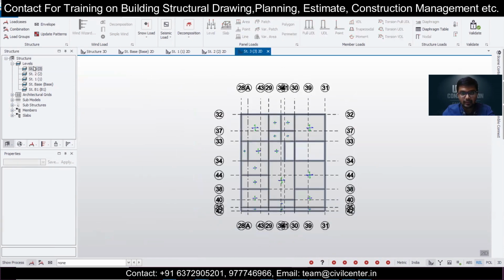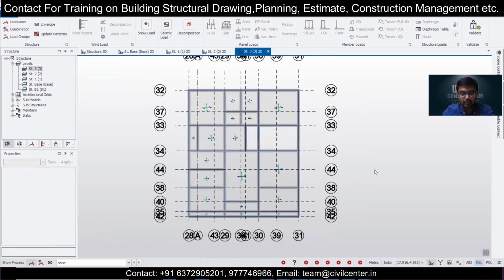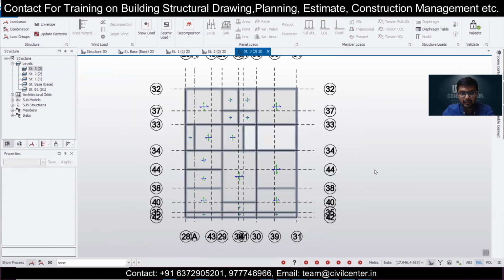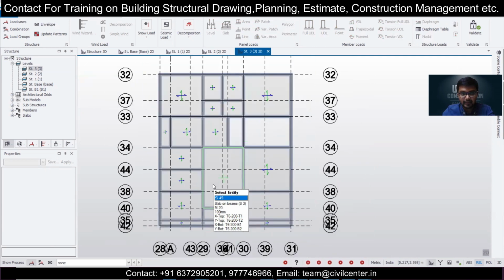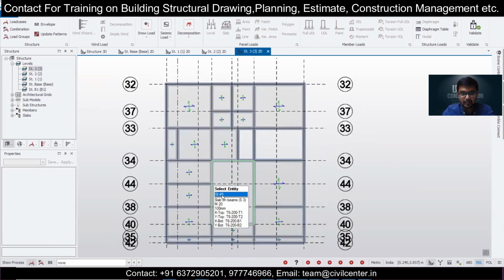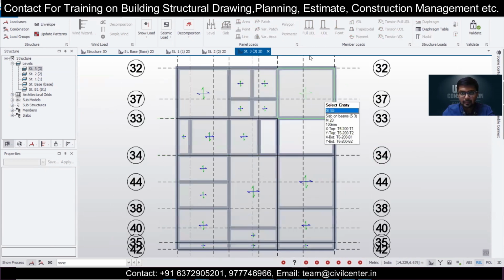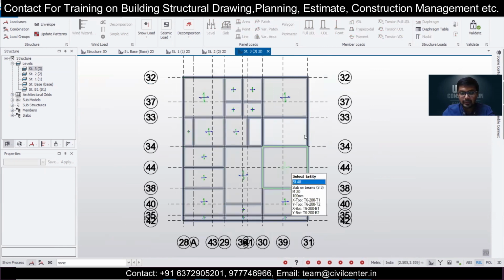We'll just go back to the imposed load, and we'll go back to the topmost floor level. In the topmost floor level, we can simply create some loads here. All the loads will be on the outer walls here. So we'll just create the loads on the outer walls, as simple as that.